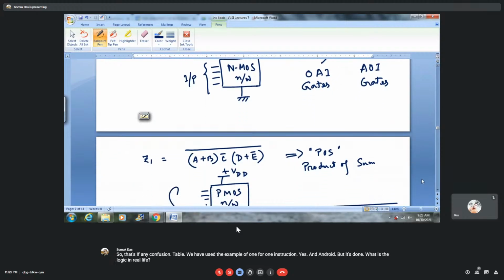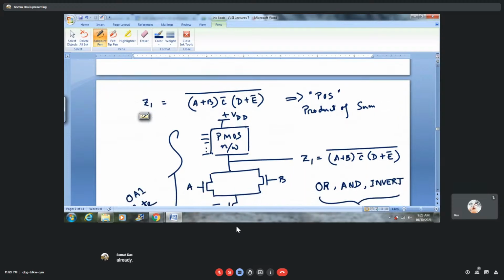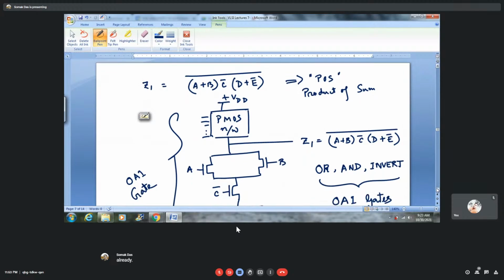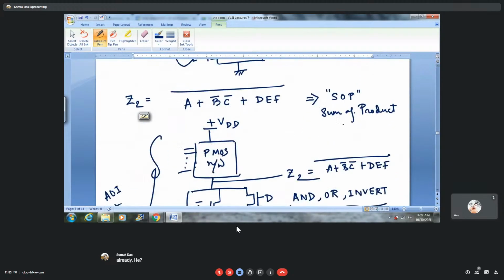The logic realized within the NMOS network is nothing but the Boolean expression form. If the Boolean expression is in a product of sum form, then it will be an OR and invert gate, OAI gate. Otherwise, if it is in a sum of product form, which is Z2, then it will be